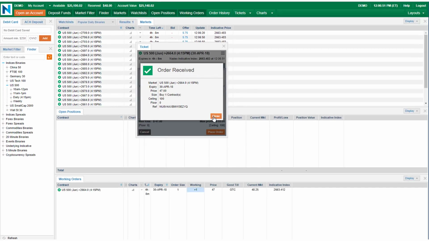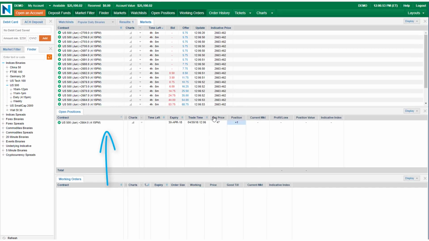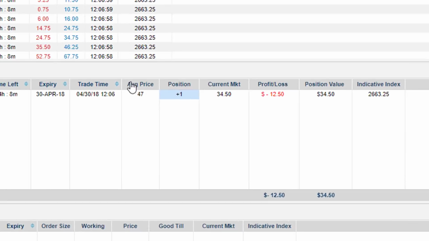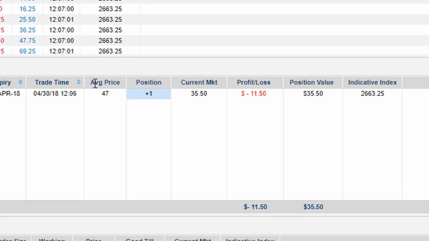If your order takes time to get filled, it will first appear under Working Orders. That typically only happens for limit orders. Once filled, it will appear in the Open Positions window. It shows the time your trade was executed, the average entry price,